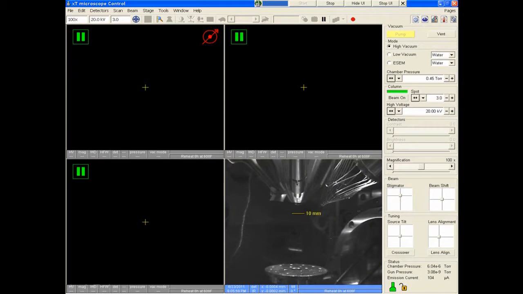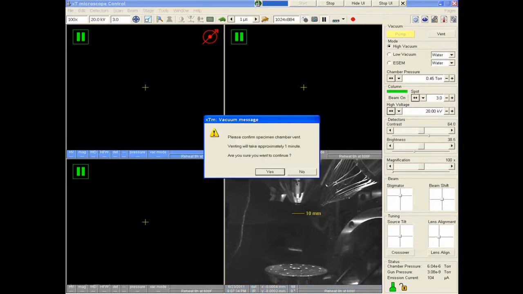A screenshot of the microscope control computer is shown. The window on the lower right corner shows the chamber. The other three windows are used to display the image obtained during bombardment of the electron beam. The chamber is maintained in near vacuum conditions by a pump and has to be filled with air or inert gas before opening it. Venting can be done with the help of the microscope control computer by pressing the vent button. It takes about 2 minutes for the chamber to be vented.